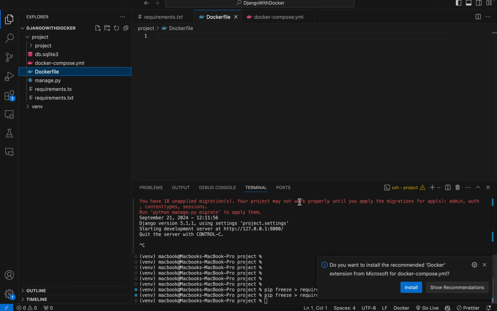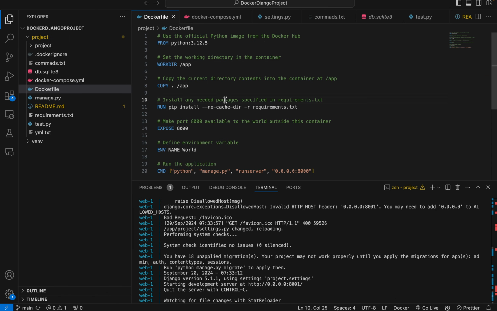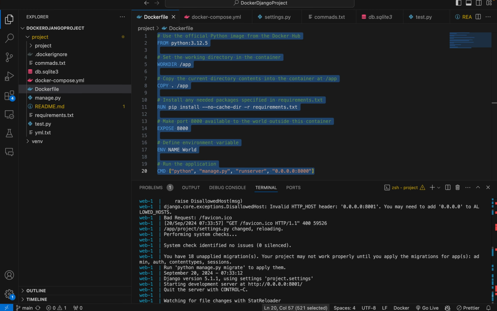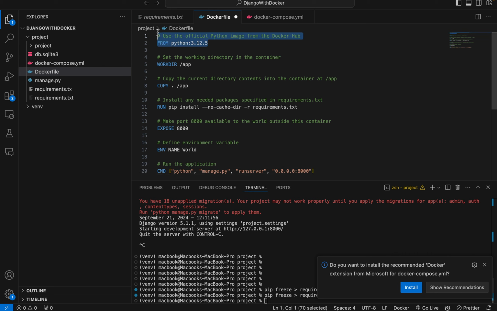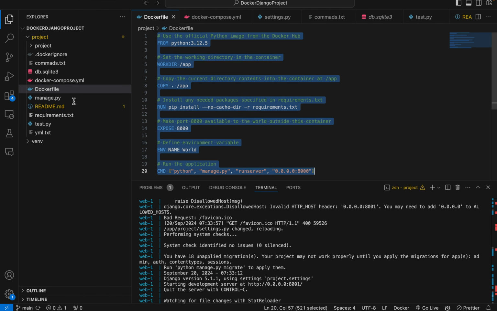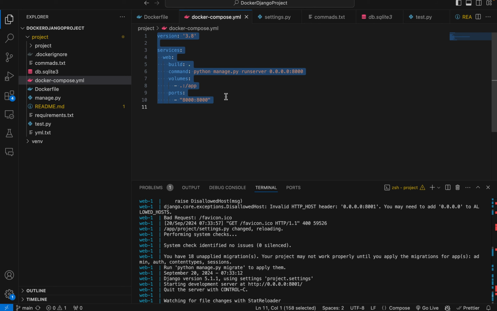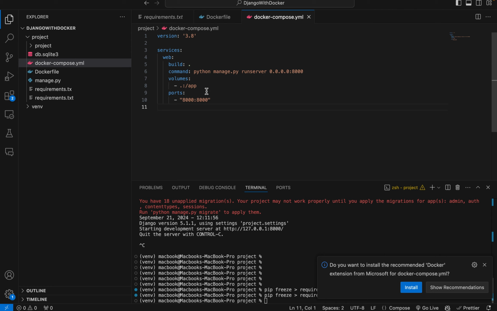So for this I just need to copy the content of the Dockerfile, like here you can see we can copy this content, and simply we will move inside there. As we have seen the difference between Dockerfile and Docker Compose, where we define our Docker image like which Python version, source code, environment, and our development server, etc. So in our docker-compose.yaml, we have another file. We just need to copy the content here and paste it inside it.